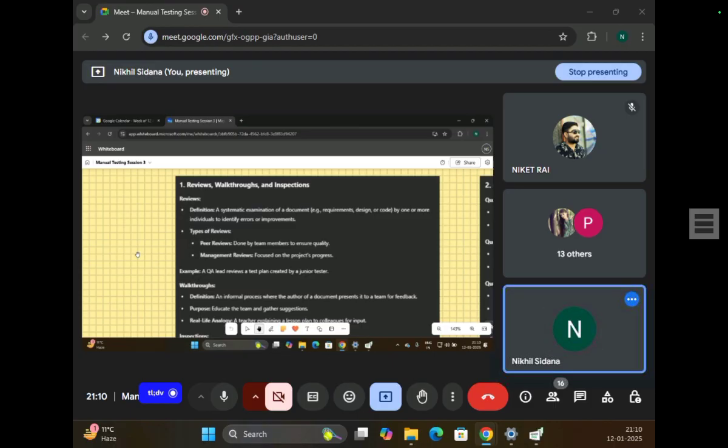So there are multiple types of reviews. Peer reviews are done by team members to ensure quality. Suppose Niket, you wrote some test cases and Digambar, you wrote some test cases. Both of you interchange your test cases to review. There might be different thinking for both of you, and now you are reviewing the test cases from your point of view.